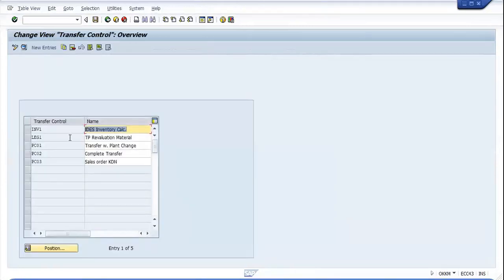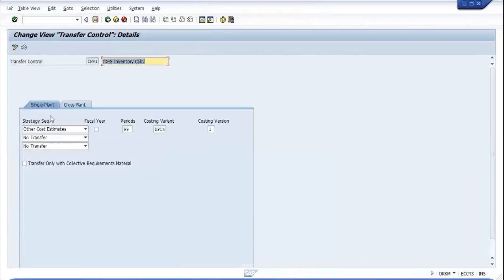Here we can have single plant transfer and cross plant transfer. In the case of a transfer structure, like the single plant transfer, let me show you. So again, single plant transfer, cross plant transfer. So what is a single plant transfer?